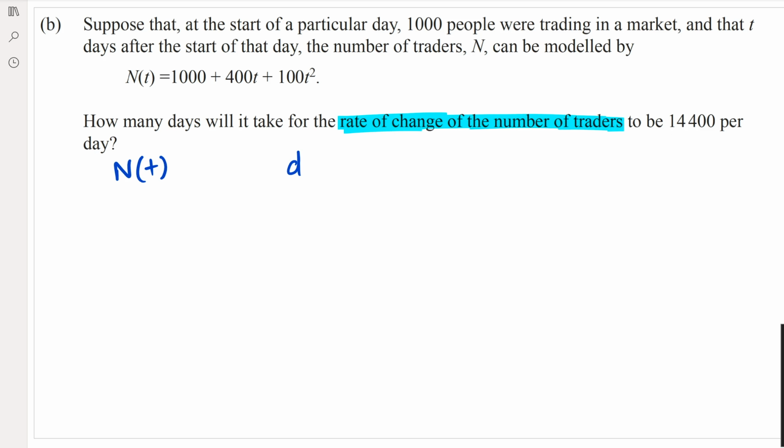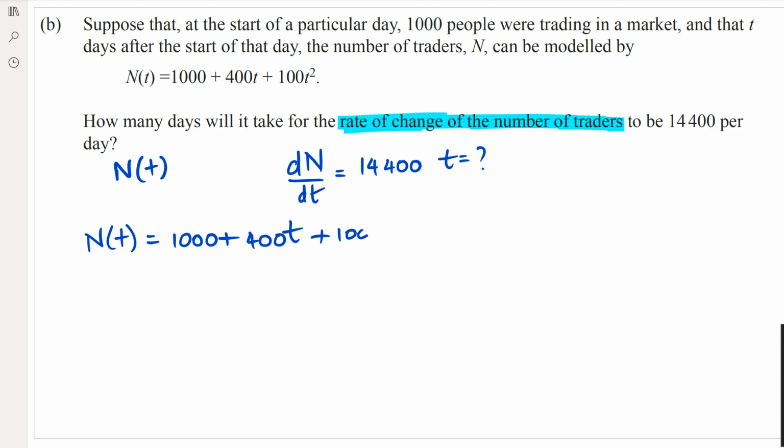So in other words, dn over dt equals 14,400, and they want to know what t is. So we have to differentiate n of t. We know that n of t equals 1,000 plus 400t plus 100t squared, which means dn over dt